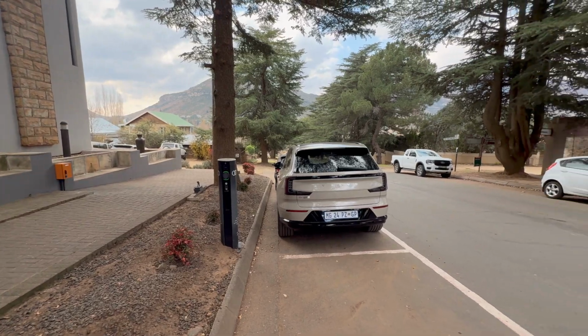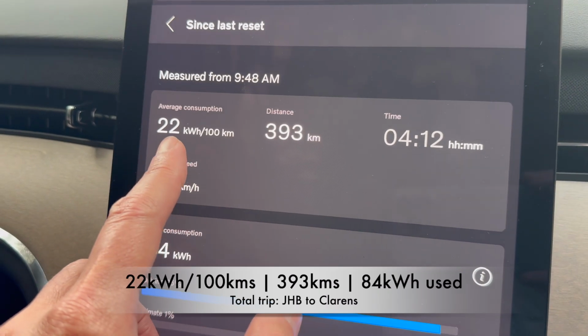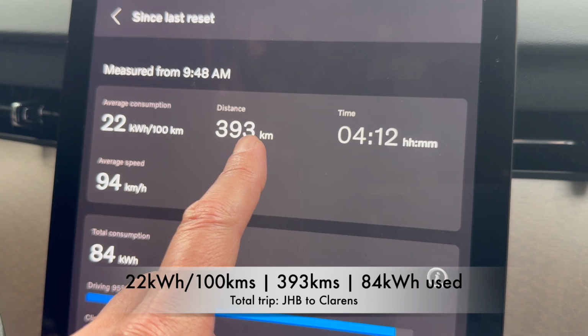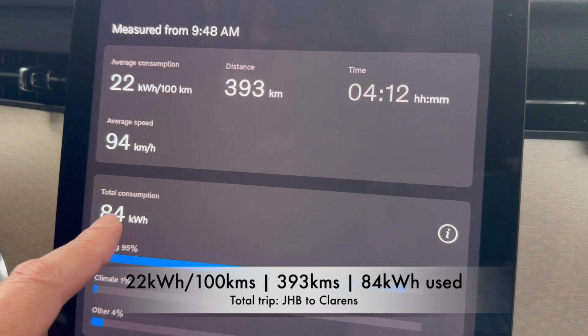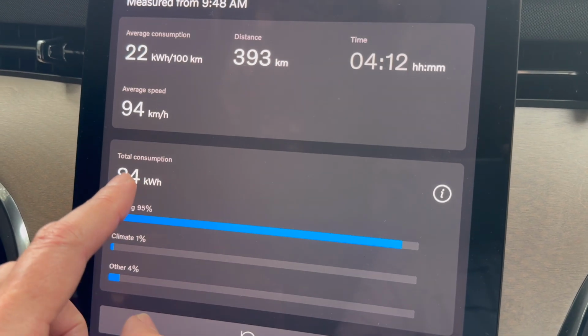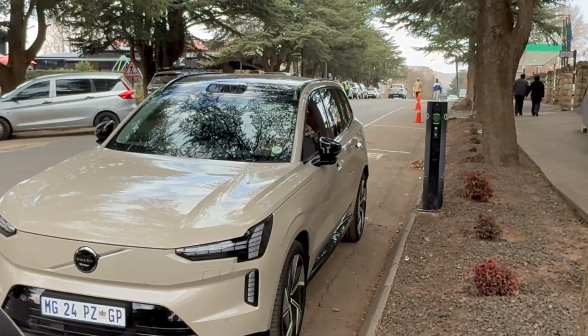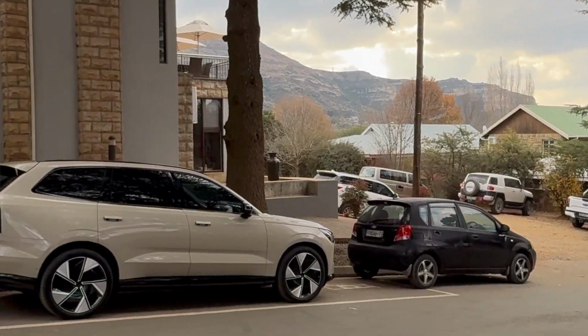I've just arrived here at the AC charger, going to plug in just now, just top up the battery. This was the complete trip, 22 kilowatt hours per 100 kilometers used, total distance of 393 kilometers, 94 kilometers per hour average speed, and a total usage of 84 kilowatt hours. So I'm going to do some numbers with that, just in terms of how much that actually cost in terms of the trip. And I will report back on that, but that was the total energy usage from Johannesburg to Clarens. Overall, an excellent journey in the EX90,